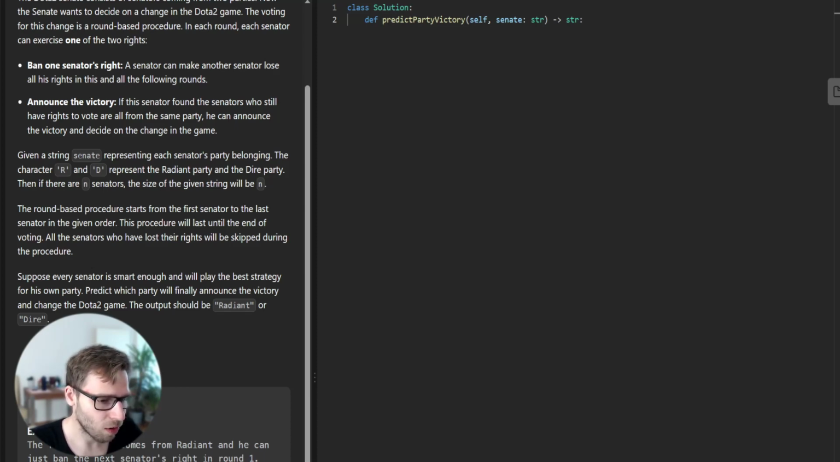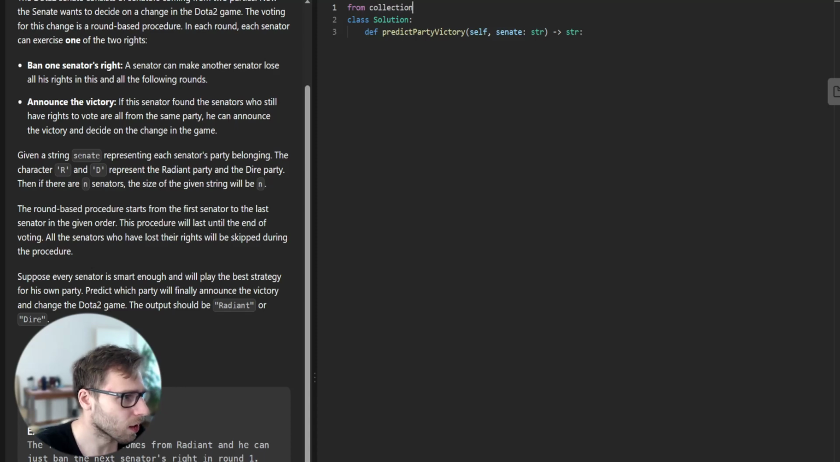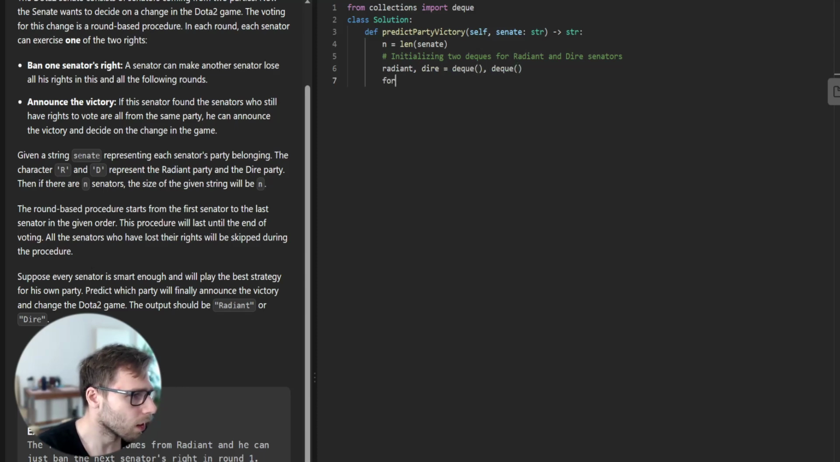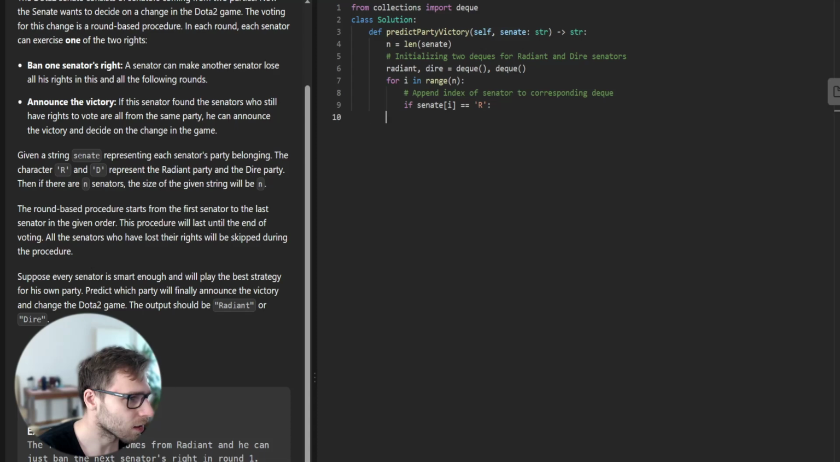Let's start writing the code for this solution. So first we will import collections deque, and then we initialize the length of senate, n. Initialize two deques for Radiant and Dire senators: radiant, dire equals deque, deque. For i in range of n, append the index of the senator to the corresponding deque. So if senate[i] is R, radiant append i, else